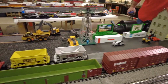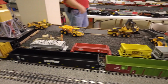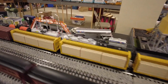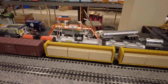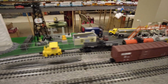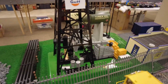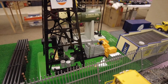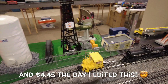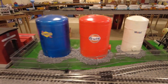Here we get into, it looks like a coal mine. Got some center beam cars loaded up with some wood. Here we go. Everybody needs some oil these days. Gas prices were $4.29 today. I was not happy to see that. Got to pump some oil out of the ground, get those prices down. We got Mobil, Gulf, Sunoco,